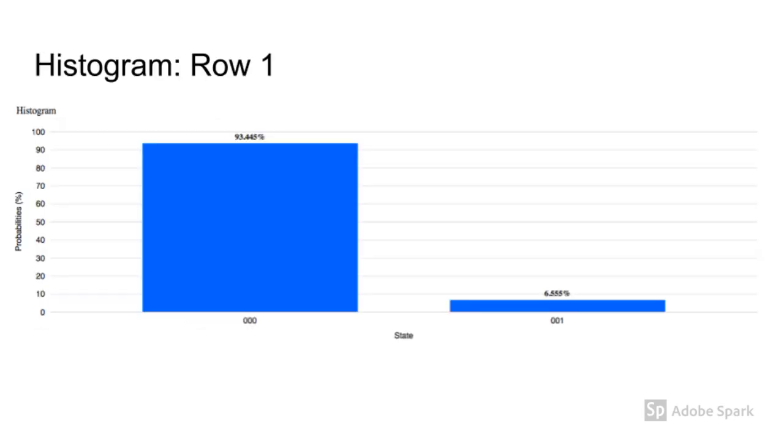In the first row, the result we were expecting was the state ket 0, with eigenvalue 1. This histogram shows that with 93.45% probability, we achieved the desired results. Taking into account the errors as well, we've taken this as compatible with our expectations. Same goes for the second row, with 93.18% probability.